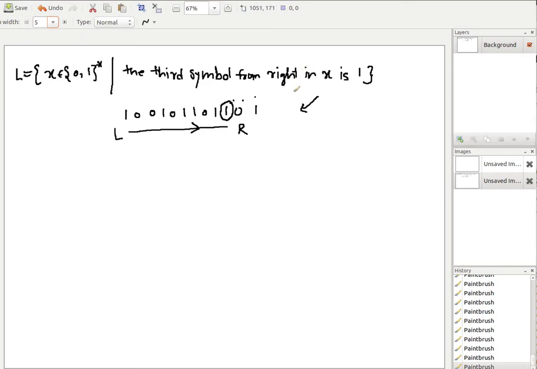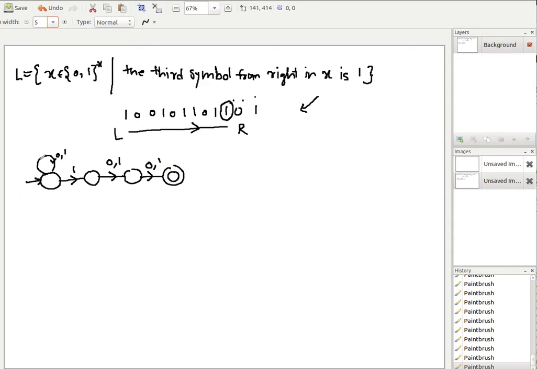Anyway, I hope many of you have already done it. I'm just hoping, being on the positive side. If not, designing an NFA was very easy for this, right? If you want to design an NFA, it's very simple. Take the start state. In the beginning you can have anything, it doesn't matter. After that you should have a 1, that is the third symbol that you want to derive. After the third symbol you can have a 0 or 1, which is the second symbol, and then you have 0 or 1 as the last symbol, and after that you reach the final state.